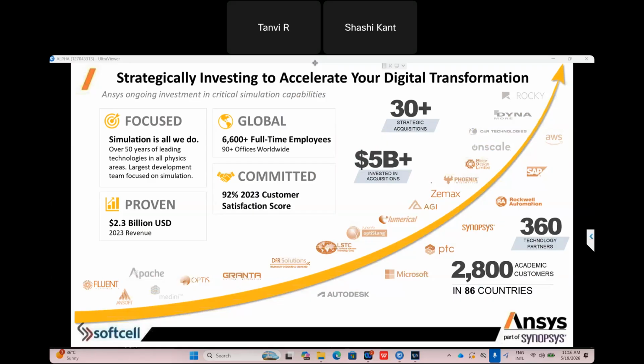We have LS-DYNA for impact test, drop test, crash test, and ZEMAX for lens simulation and visibility simulations. These are all solutions that are experts in their field, and they already have a good amount of experience in their domain. So if someone wants to utilize these solutions, there is no hurdle or problem in terms of virtual simulation.